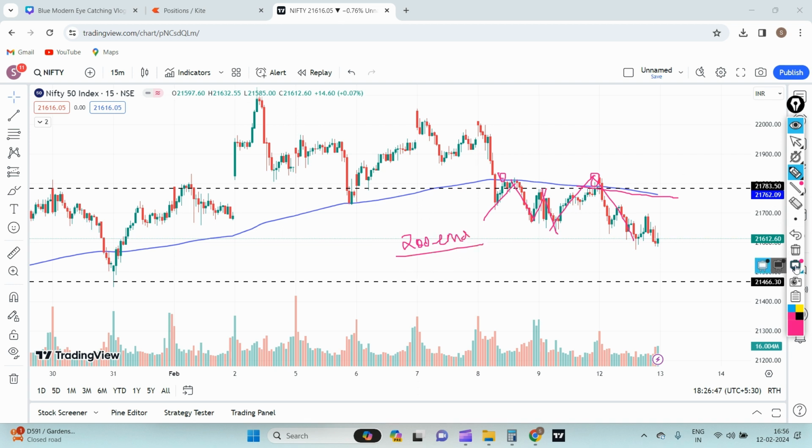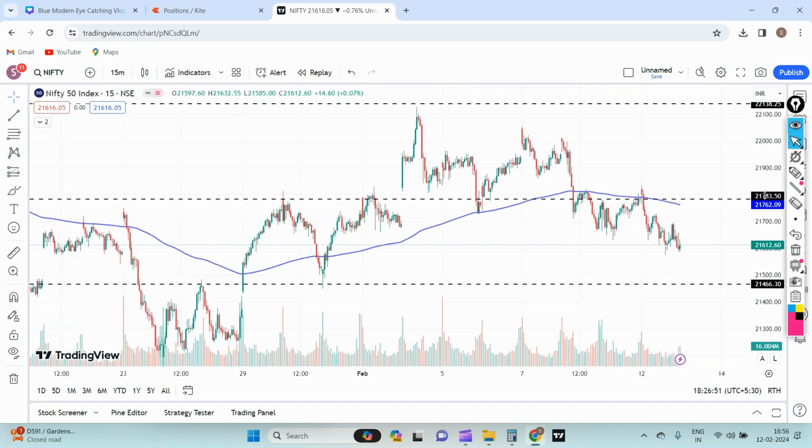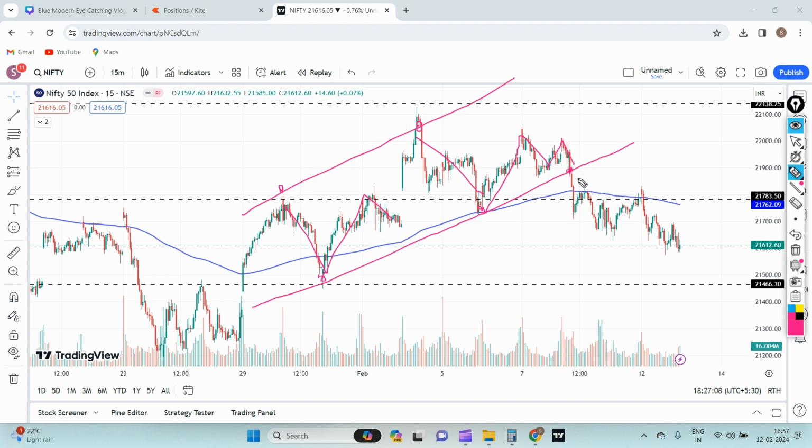Along with this, we have a pattern that we are developing, so try to understand the pattern behind. Over here there was this channel pattern that was forming on a 15-minute time frame. As and when it hit this point, we had a rejection, and there were instances where Nifty took a support, and even after a breakdown there was a retest of this channel pattern, and then we saw a